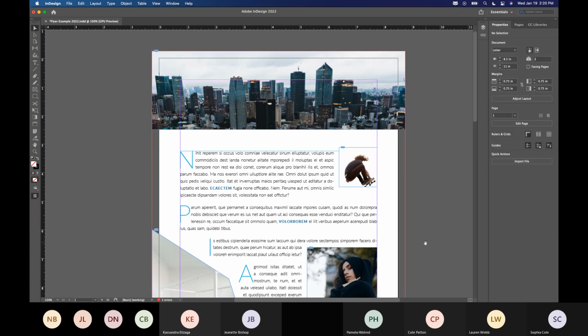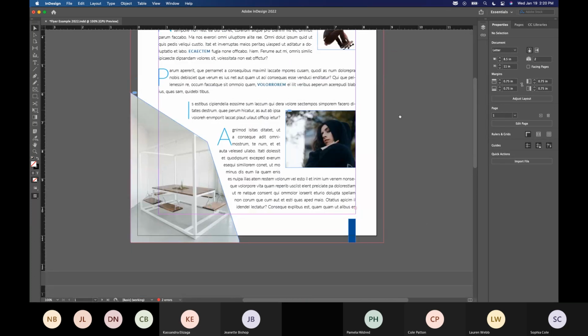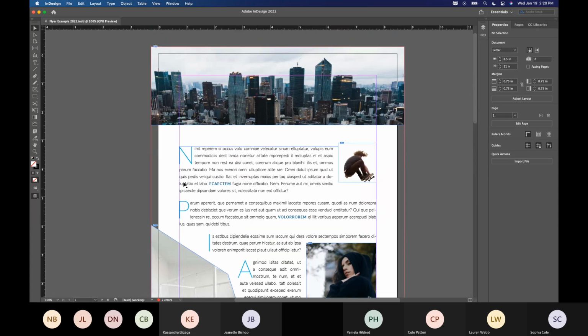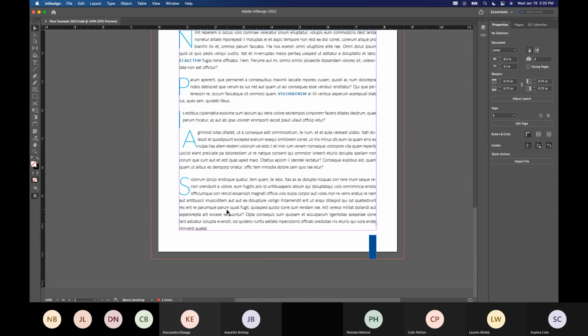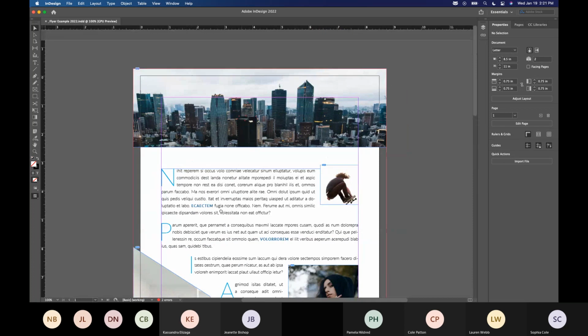Right? So we know that everything's good and everything's ready to rock again. And it's as simple as that. And this gives me now the ability to edit this file, continue editing in this file. Now, when you submit files during this term, for this semester, for InDesign files, I'm going to want the original InDesign file, but I don't need the linked images. Unless I ask you specifically for the linked images, I really just need the InDesign file to